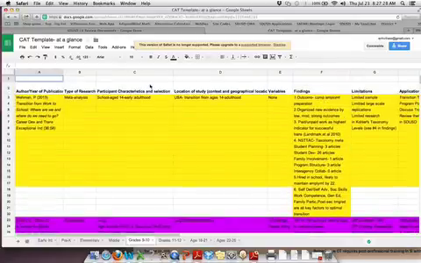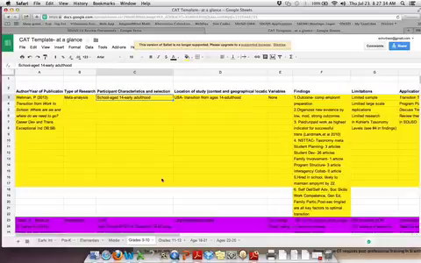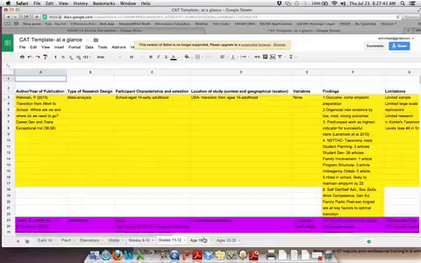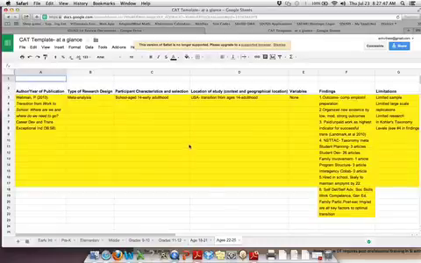And then I'm going to draw your attention here to participant characteristics. These kiddos were school aged 14 to early adulthood. So I filed this article under grade 9 because most 9th graders are 14. And then I copied it to the 11th and 12th grade tab, the 18 to 21 tab, and the 22 to 25 tab. The reason I did that is I'm going to be going through each of these tabs, or